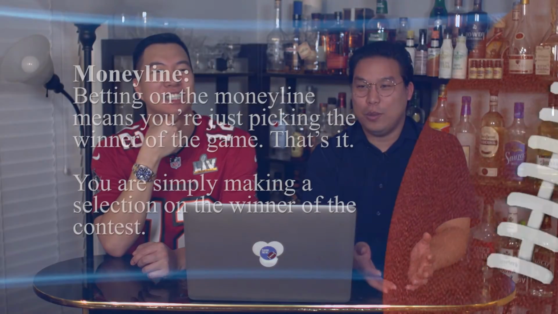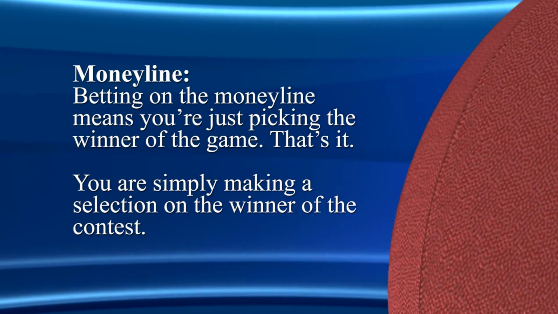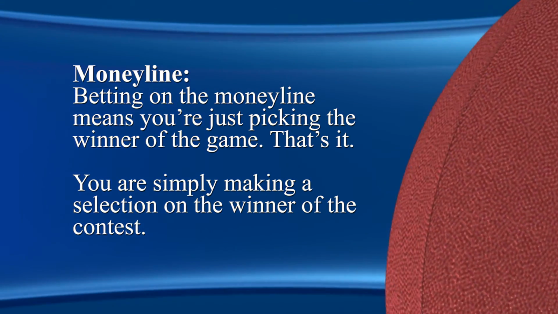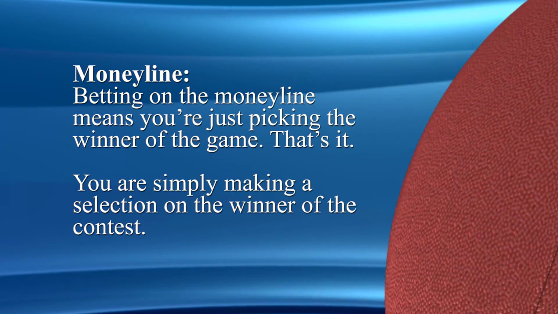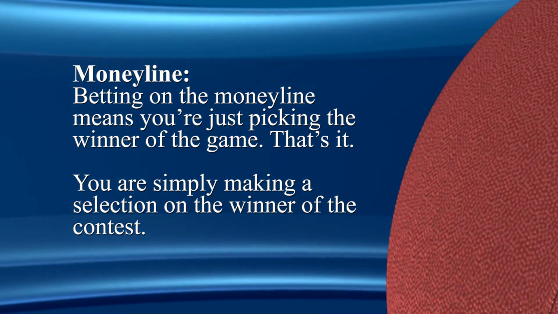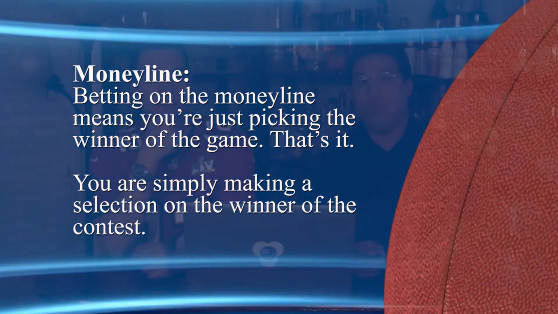The third way is what's called the money line. And it's not as commonly used, and the reason why is because it's a higher discrepancy of numbers. So in this example of a Steelers versus Texans game, the money line would probably be something around, the Steelers would probably be minus 200, I would guess, minus 200. And then the Texans would be plus probably 170, would be my guess.